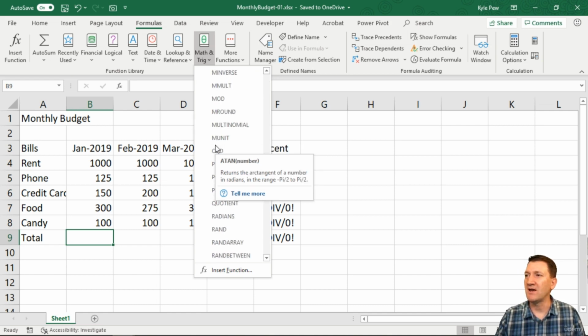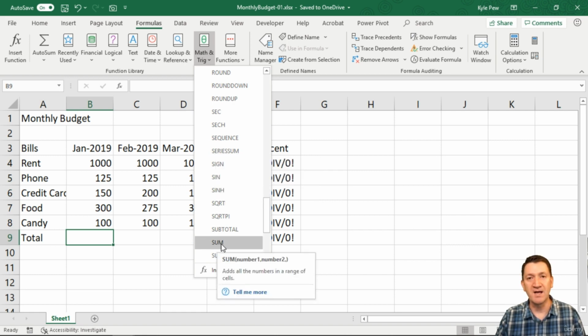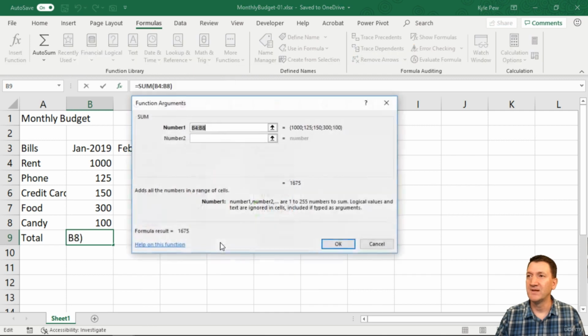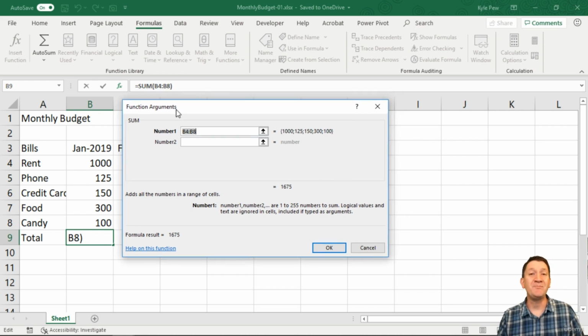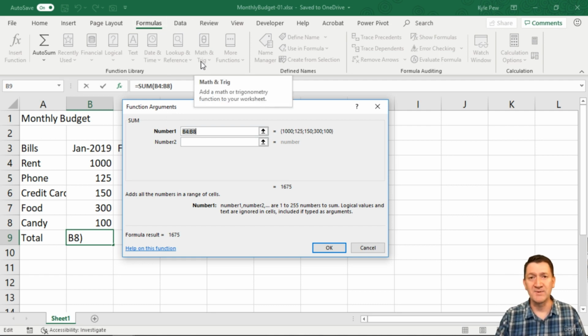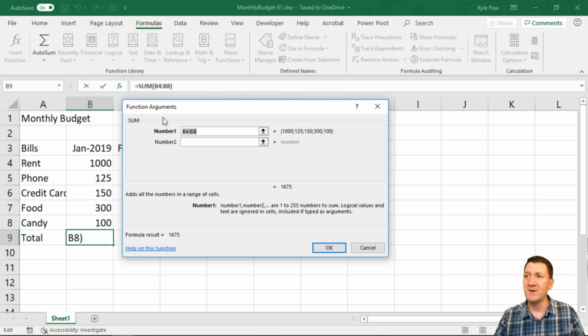So I'm going to scroll down. I'm going to find the S's. There it is. And I'm going to find sum. There's just plain old sum. I'll give that a click. And this is going to open up the function arguments window that we saw in the prior lecture. Now here's where it might be a little bit different compared to the earlier versions, depending on what you're using. Here, all I did was formulas, math and trig, grab the sum, open up the window for me, and it's already